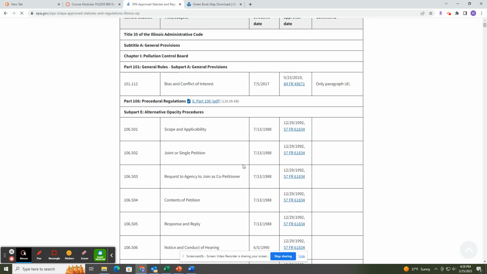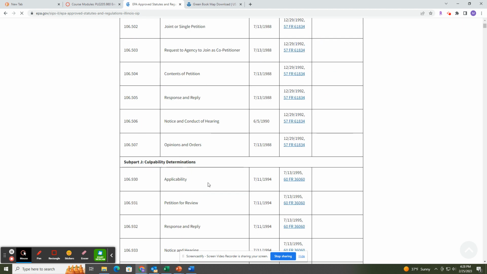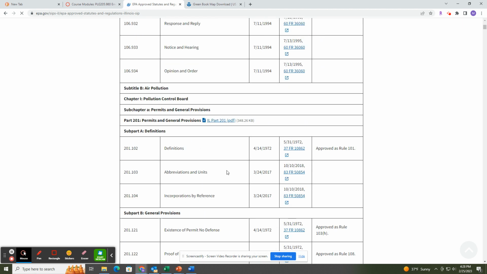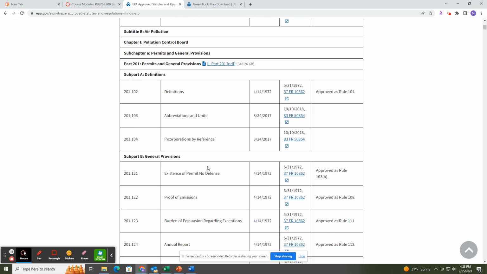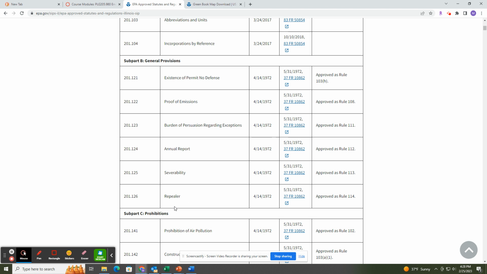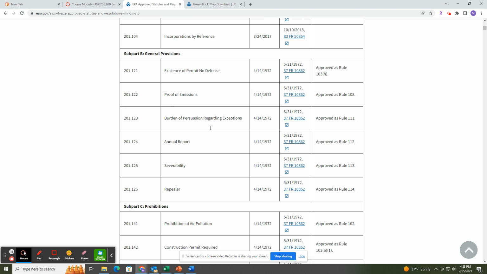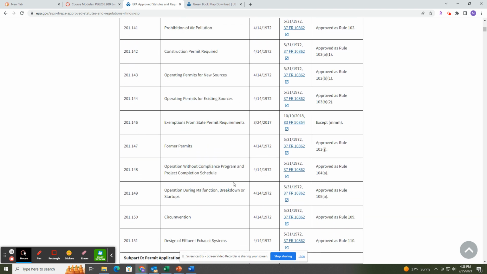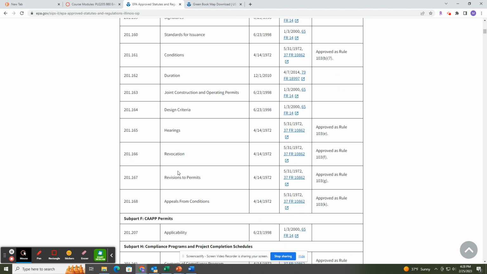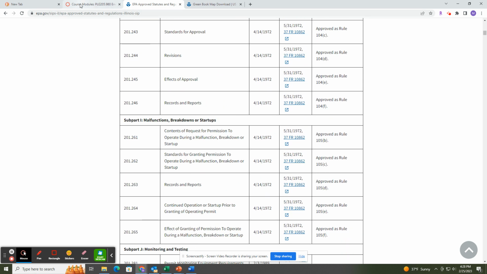All right, bias, conflict, scope, contents, applicability. Here's how they do the permits. Proof of emissions. There's a lot of stuff. Compliance. Okay, so those are the approved regulations.